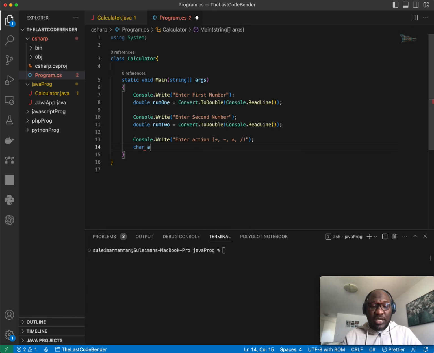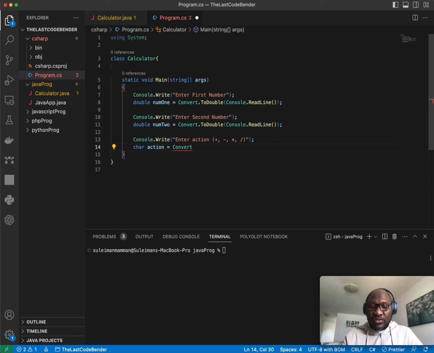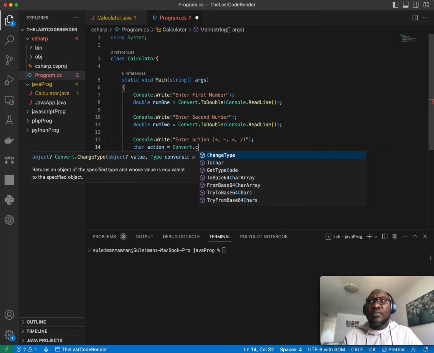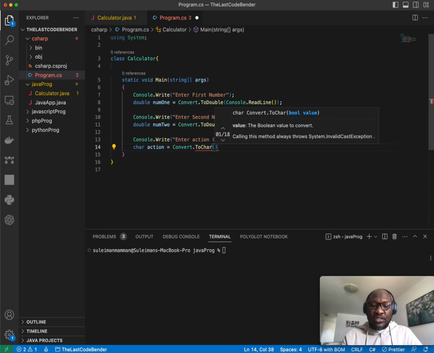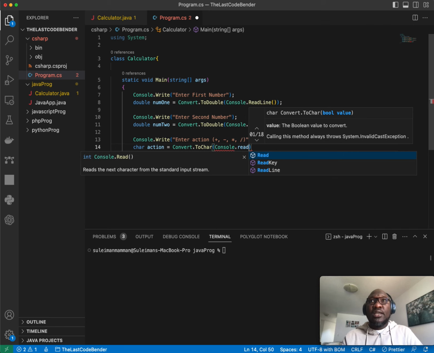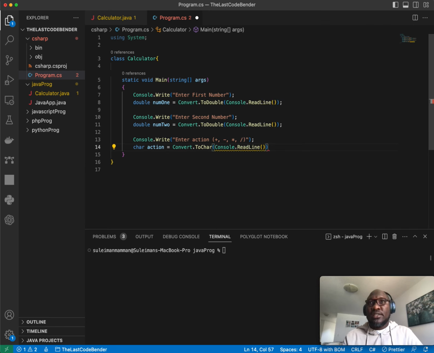So char action is going to be equal to convert dot to char. Yeah, just convert dot to char. Then you see console dot readline. The last one is a method, just like this. Okay, so after accepting all these things, now